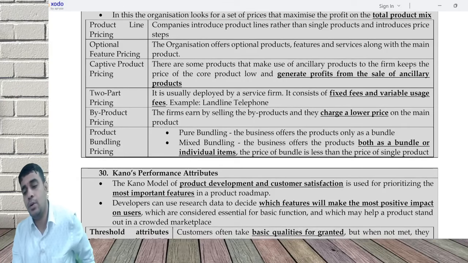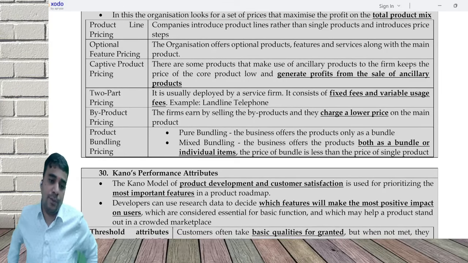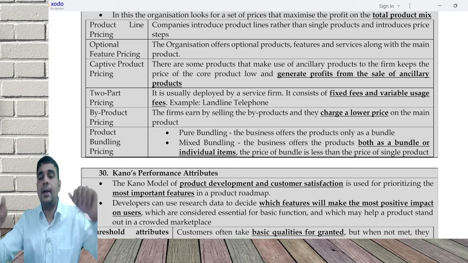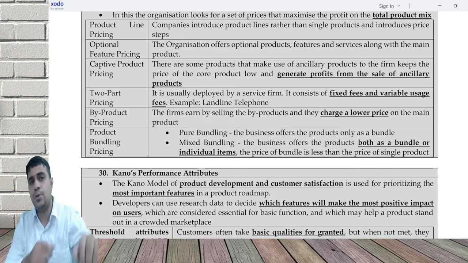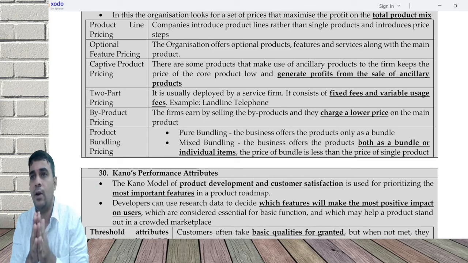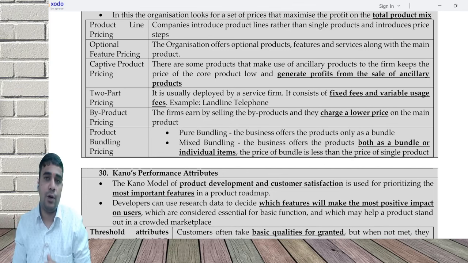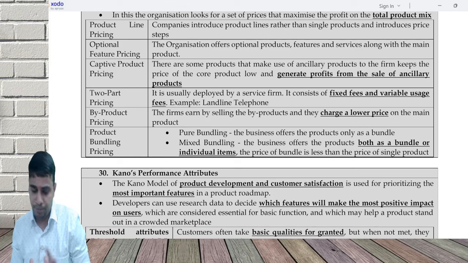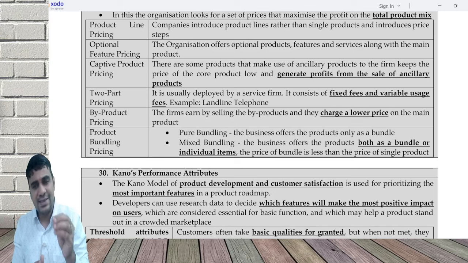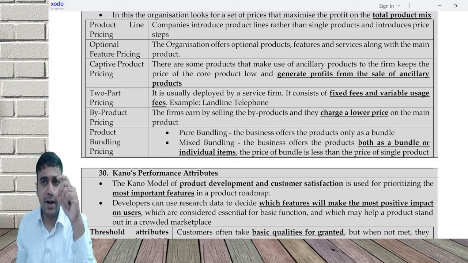Okay, I'll now come to point number 30. I think one of the most important areas is Kano's performance attribute, or technically Kano's model. I have heard students getting a lot of questions from this area. What this model is all about is, it says the price of a product is based on customer